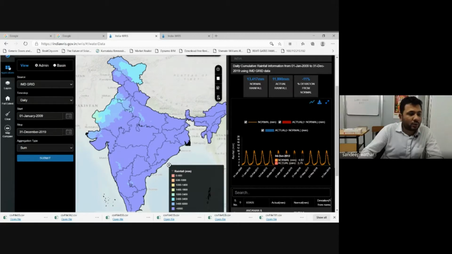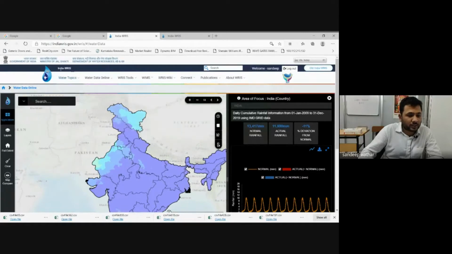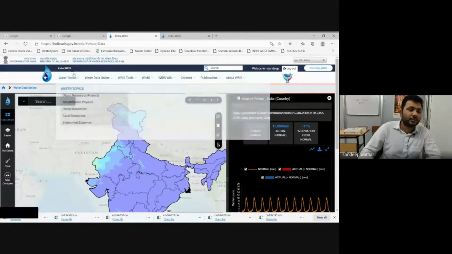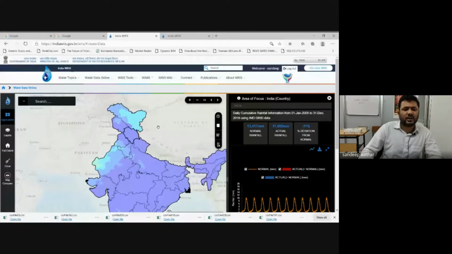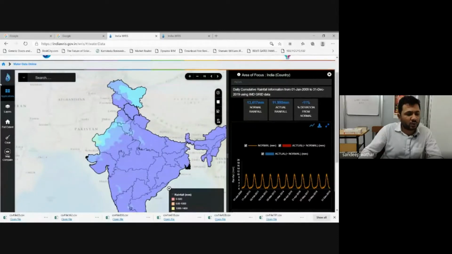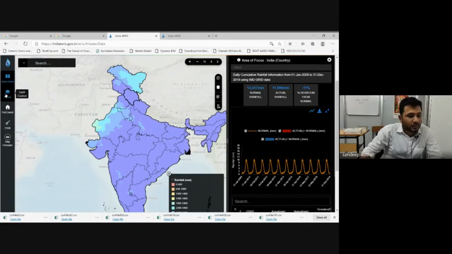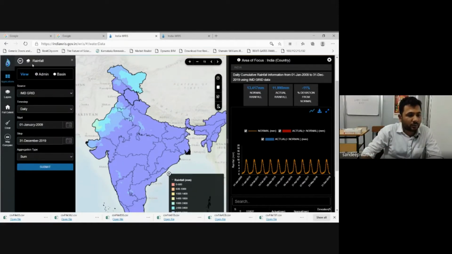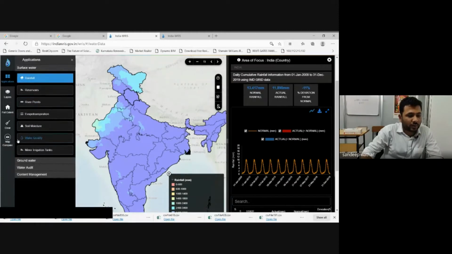Now, I'll briefly explain this website called India WRIS. This is basically a website which is fully dedicated to downloading the data for hydrological parameters of the country. First, we'll try to understand what type of data we have.